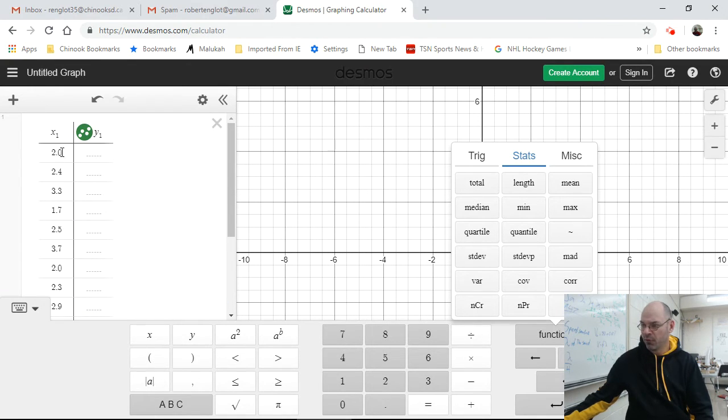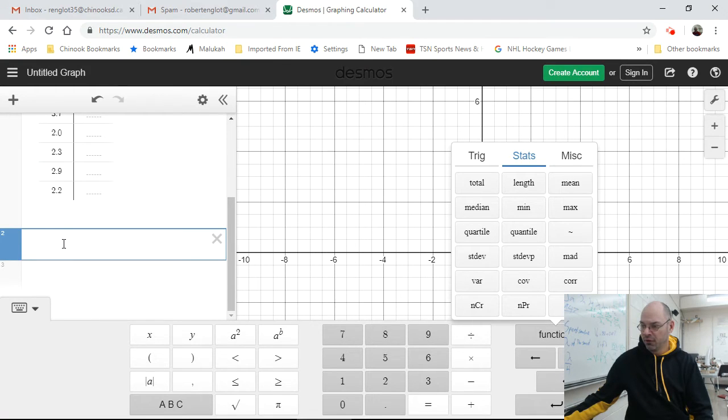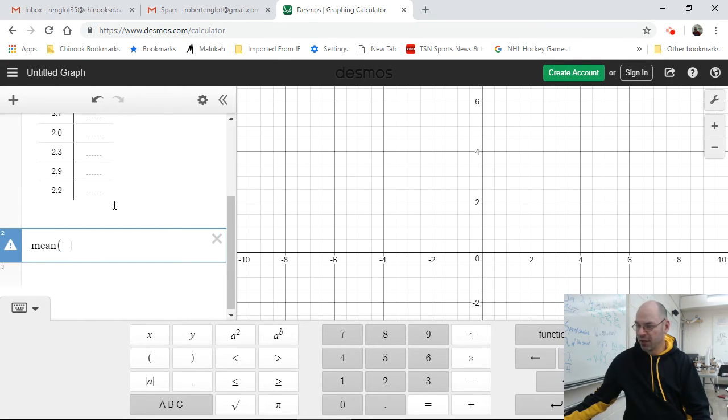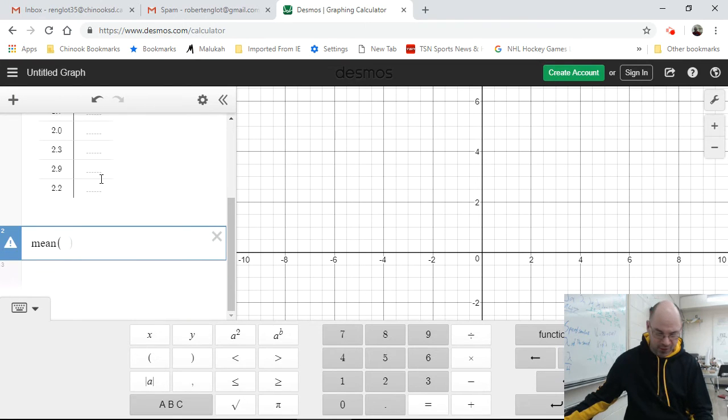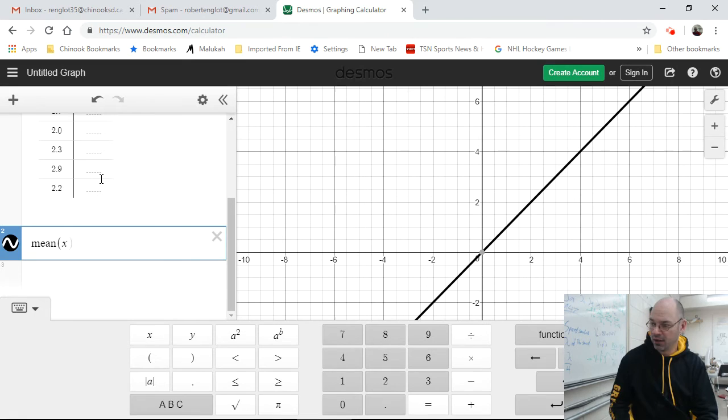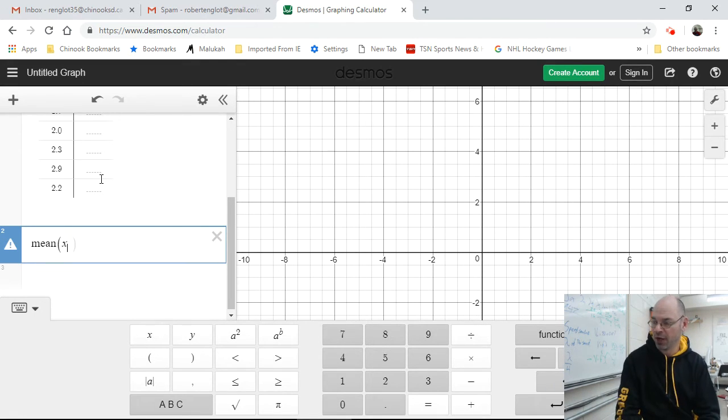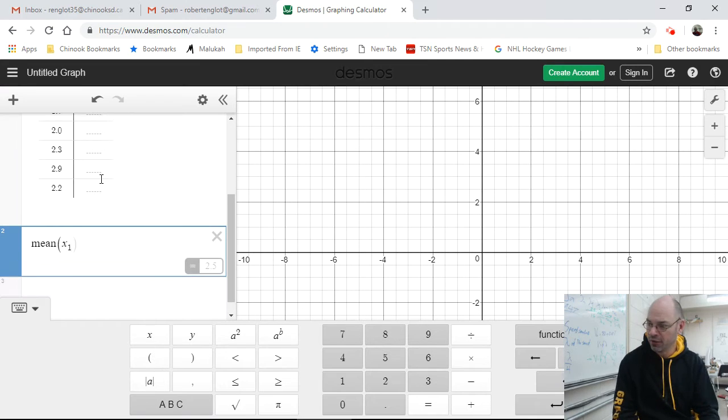This is our table. We're going to use this X1 variable, and we're going to do a mean. So we're going to click mean, and then type in X1. It's X underscore 1 of this data with the bracket. So go X, then hit shift underscore to make it go down like that, then 1, and close the bracket. So my mean is 2.5